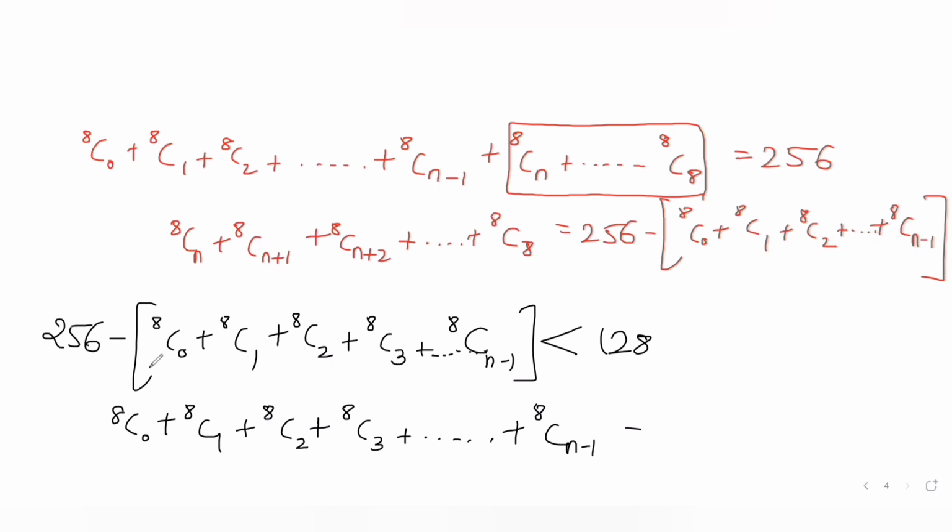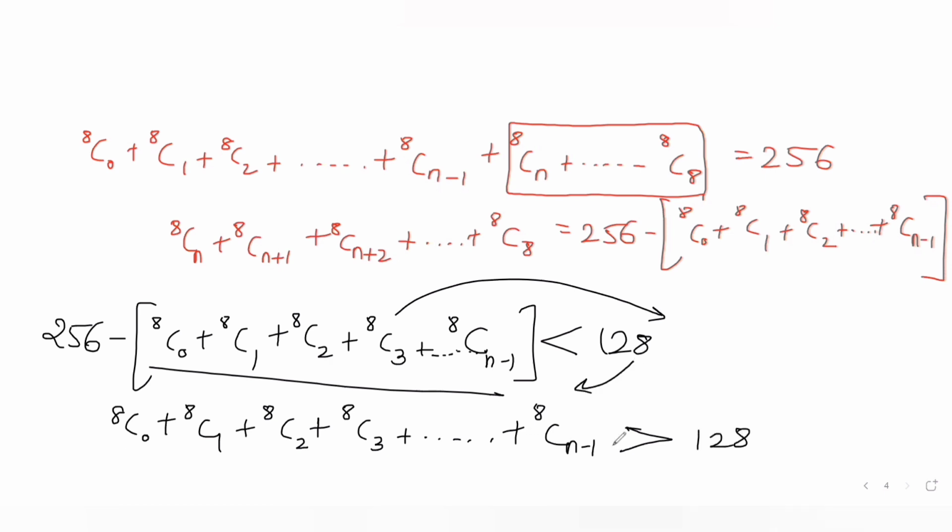So if I am taking this entire list on the other side, this becomes greater than, and 256 minus 128 gives you 128. So we need to find the smallest value of n such that this entire sum of the expression becomes greater than 128. So if I find out 8C0, we know it is 1, 8C1 is 8, 8C2 is 8 into 7 over 2, which is 28,